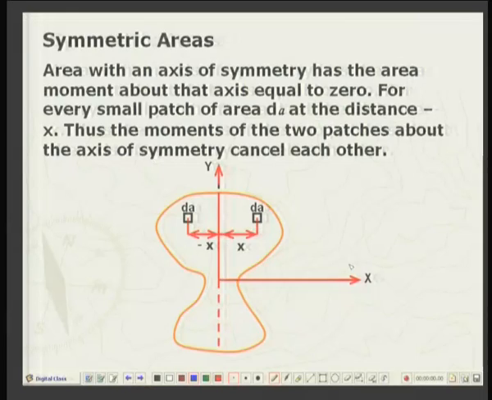Mind you, in all these area integrals or moment integrals, we are using only plane areas. If the areas are curvilinear, shell type, like a paraboloid or a hyperboloid, etc., then, of course, similar definitions will be applicable, but now the integration will be in the curvilinear coordinates, which is quite complex, and that is why we are not considering shell like areas. Okay. Now, let me make a very interesting observation.